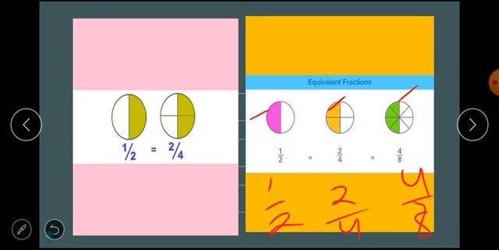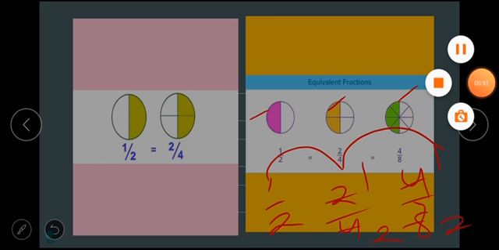So in the same way, students, you can write these fractional values. And are they the same, students? Yes, these are the same. We are dividing these circles into equal parts. After solving this, I will get 1 upon 2. And this one is also 1 upon 2. Means after solving this, I will get the same value, 1 upon 2, 1 upon 2. So these are equivalent fractions, students.